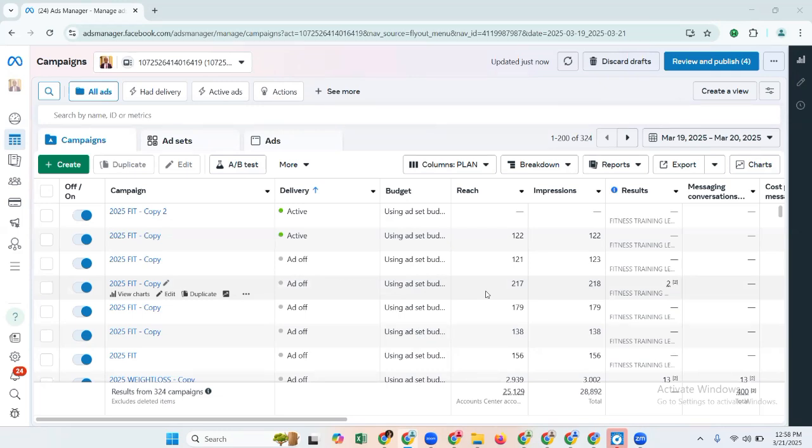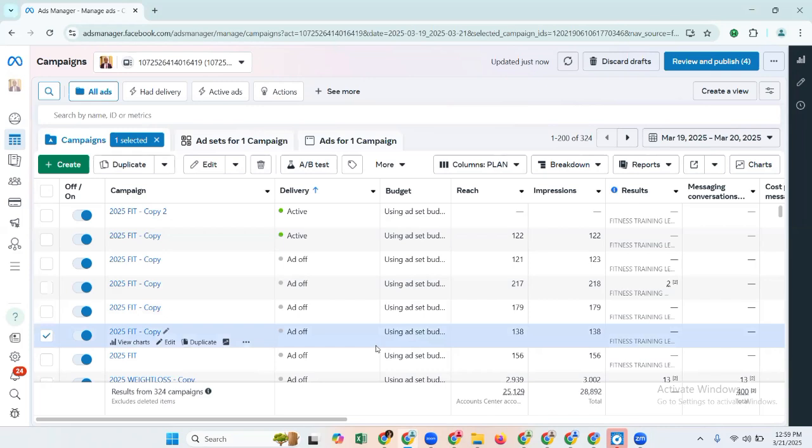Some of us that are running retargeting ads are not actually running them the right way, and that is why we are not getting the best result with it. So in this video, I'm going to show you what to do so that you can use the same method to run retargeting ads. That way you'll be able to get fantastic results. I'm also going to show you some of the ways I use to craft compelling copy, especially for my